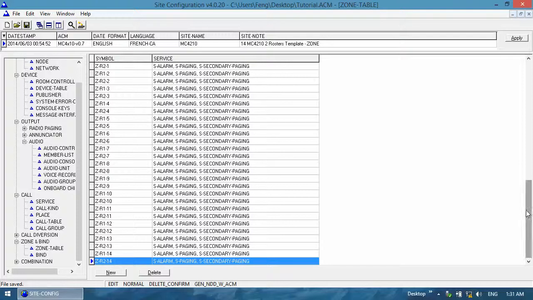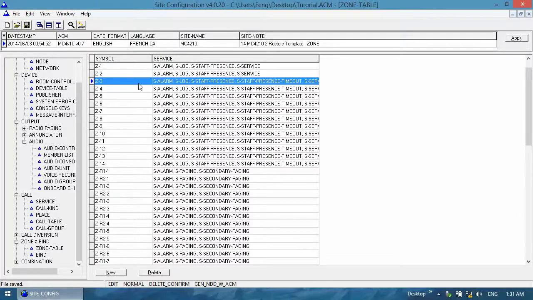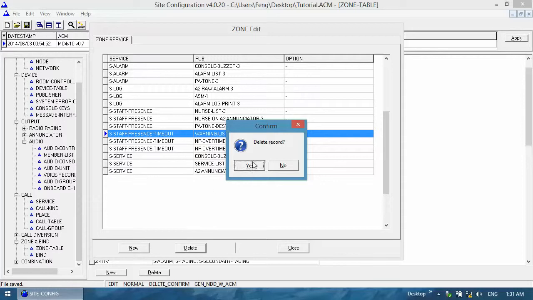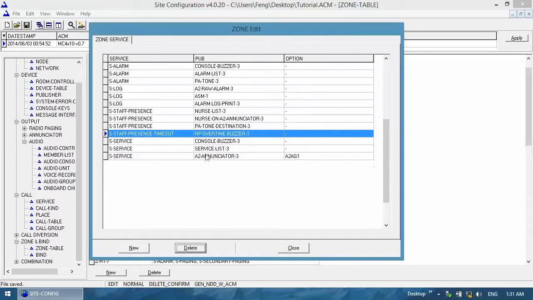So let's say that if we are using 3 nodes, then go into zone 1, zone 2, and zone 3